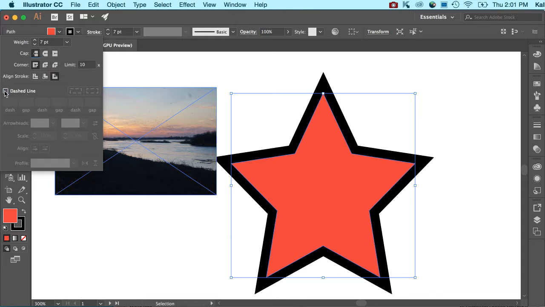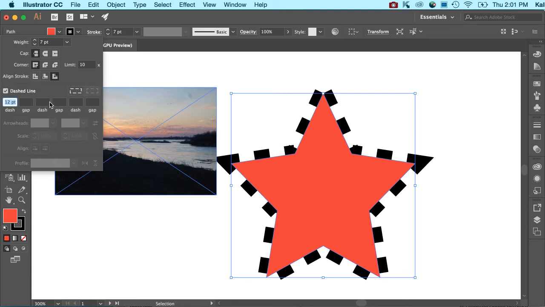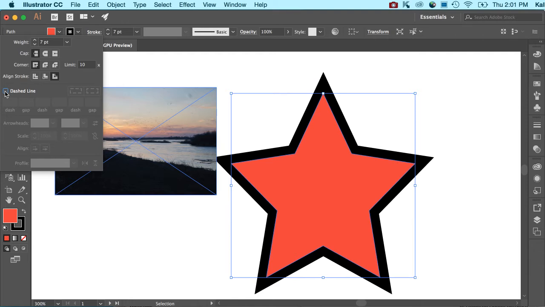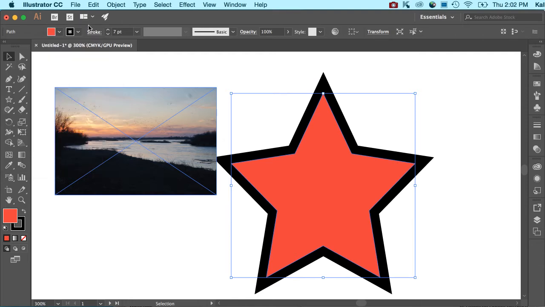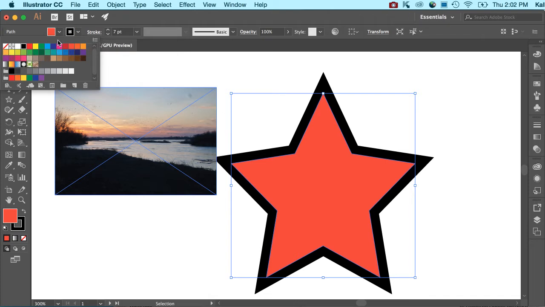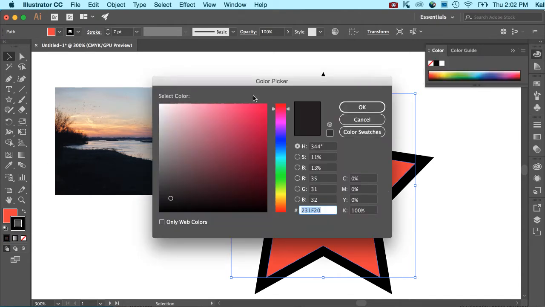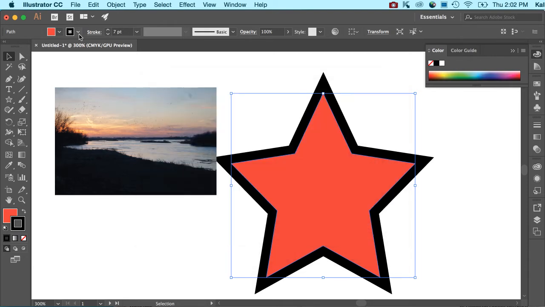And should you want a dashed line instead of a straight stroke, you can change that here and change how often the dashes happen. So there's some different things to mess around in this particular window. Now, change of stroke color, same thing. You can choose from any of these defaults, or you can add your own stroke swatch color, which I'll show you briefly. The other thing you can do is double click on the stroke and choose whatever color you'd like from the color picker. You can also,